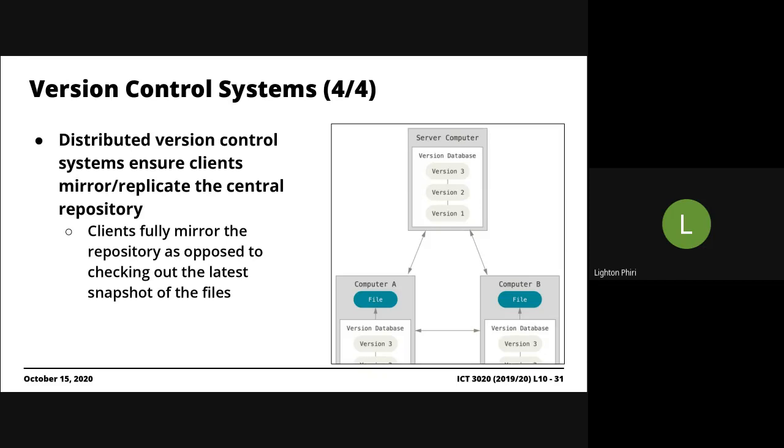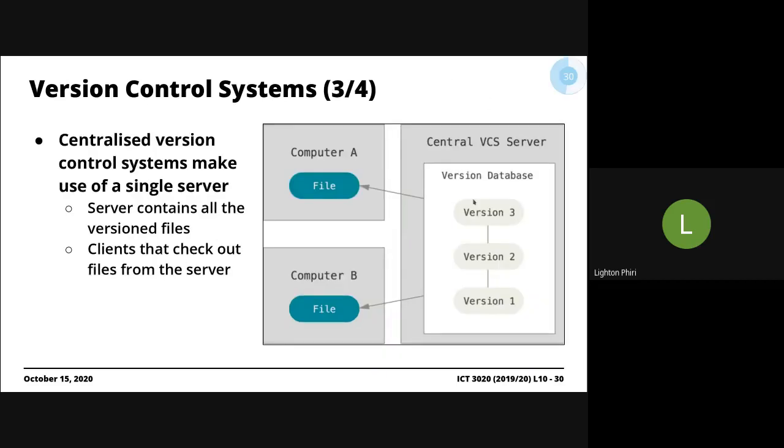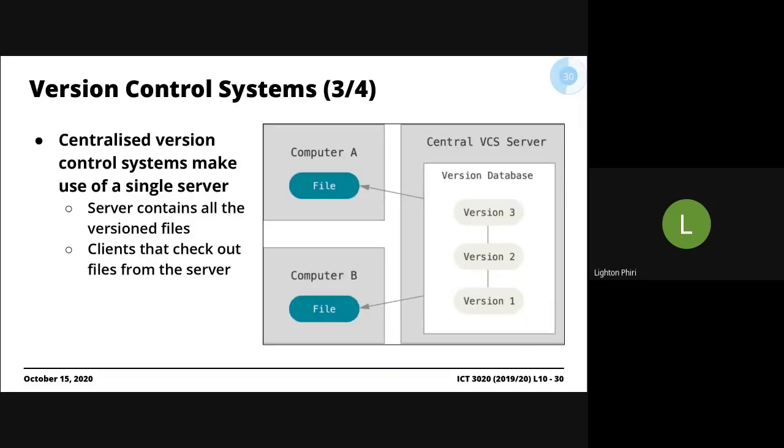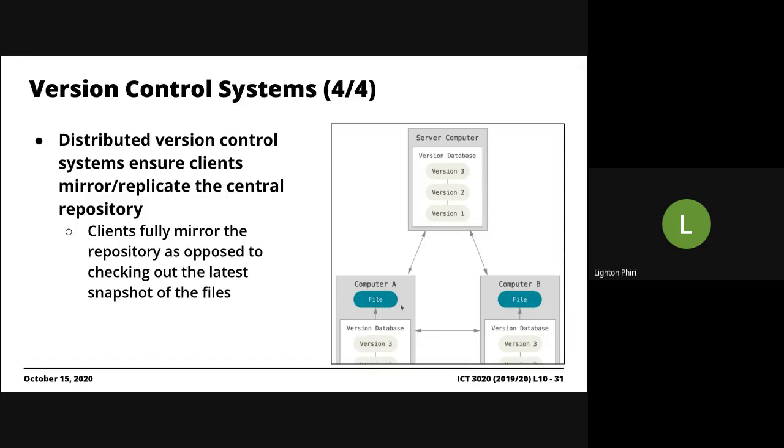I don't know if this is making sense here. Essentially, you can view a distributed version control system setup as being composed of client machines that have a mirror of the single source of truth, right? A snapshot. As opposed to you constantly pushing and pulling changes from the central version control server, you're not directly working on the central server, but rather you're working within a local repository, and then you use the local repository to propagate changes,